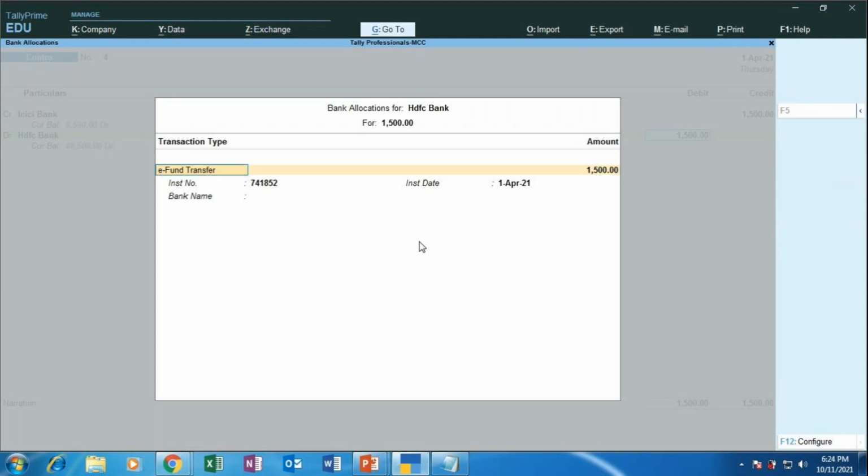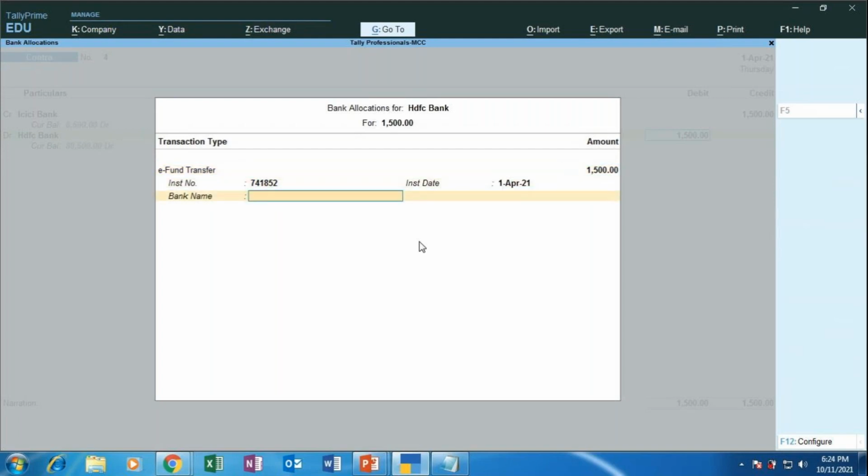Whatever the check we have attached of the ICICI Bank, it will be represented in the bank allocation screen of HDFC Bank, where you can see the INST number. Yeah, INST is nothing but check number of ICICI Bank. Okay, so this is only a witness that whenever we are making any fund transfer, the transferor's bank details will be reflected in the transferee's bank. Okay, so press enter